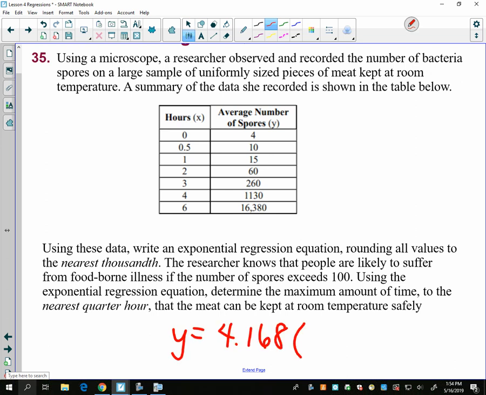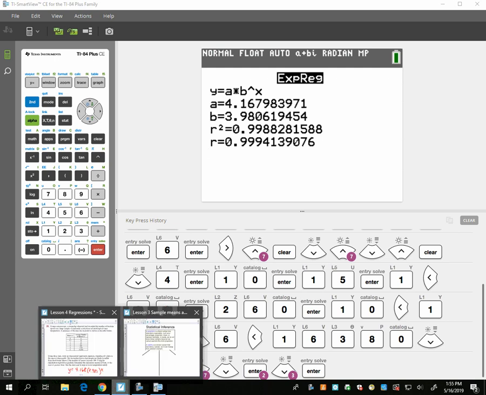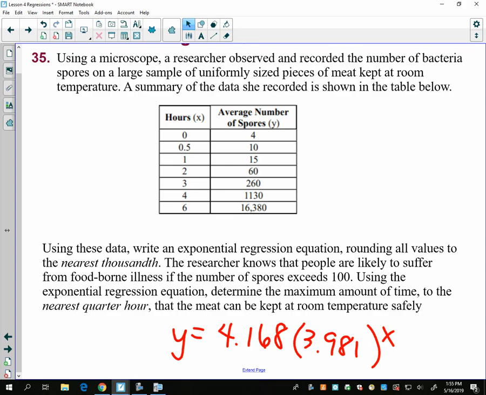4.168, good. 3.981, yes. Yeah, and you can easily just read that from the output of your regression. Okay? And, okay, then it says,